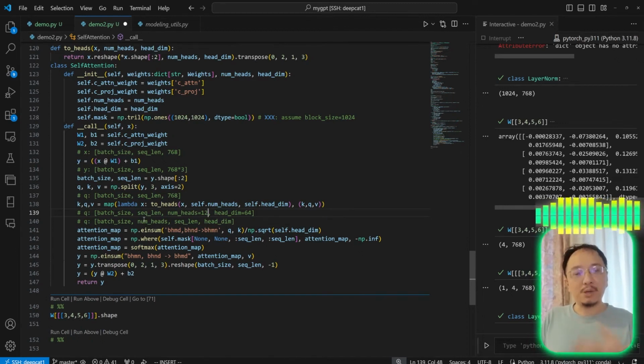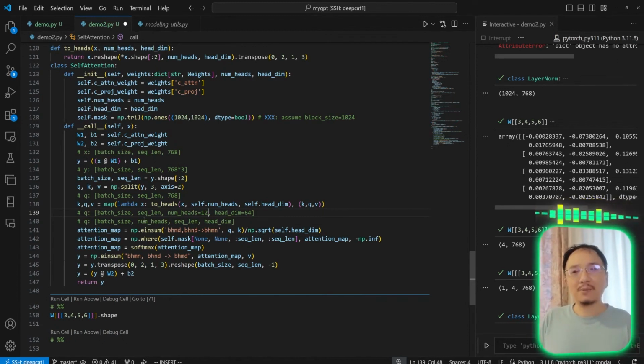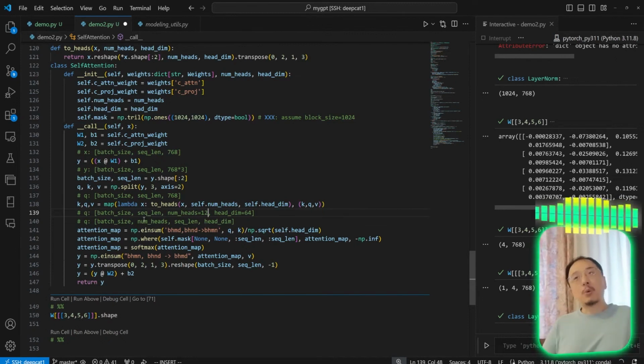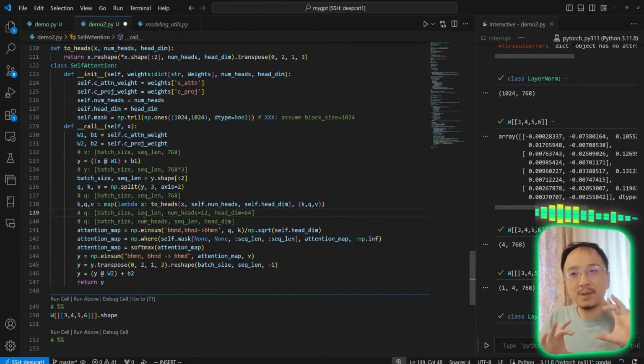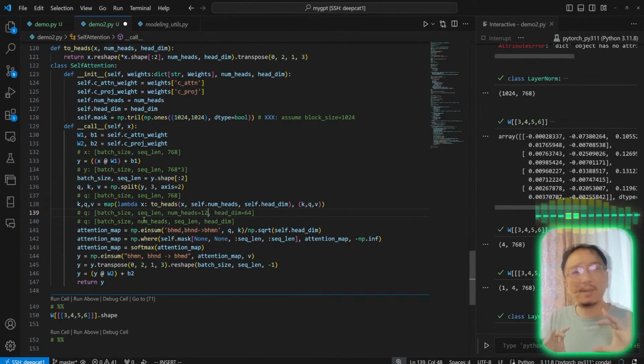It is some kind of matrix multiplication, but it is a batch matrix multiplication. So when we write the formula in the paper or in presentation, we are writing it as a matrix multiplication, but it is in fact